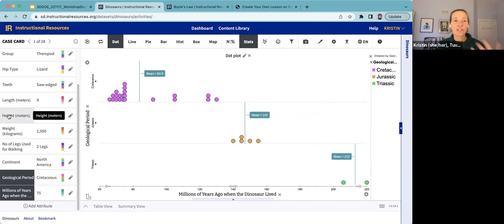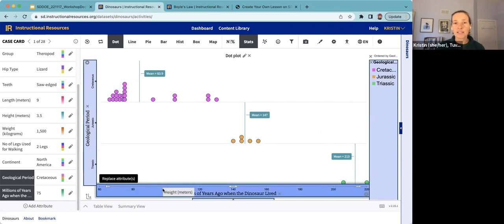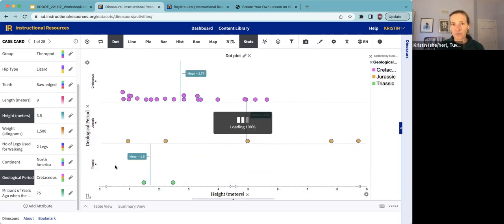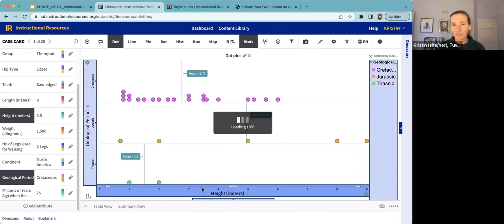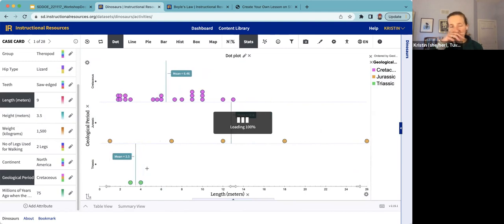And then, okay, so that's great, but maybe we want to see, how does the height of the dinosaurs compare across these 3 geologic periods? Or the length of it. So what I'm showcasing here is that because it's set up in this drag and drop feature, we can ask different kinds of questions, multiple iterations of questions, with just some simple clicking on and off and dragging and dropping